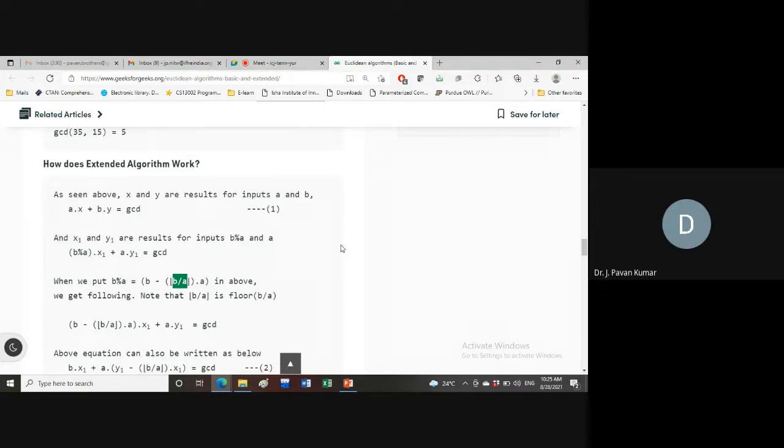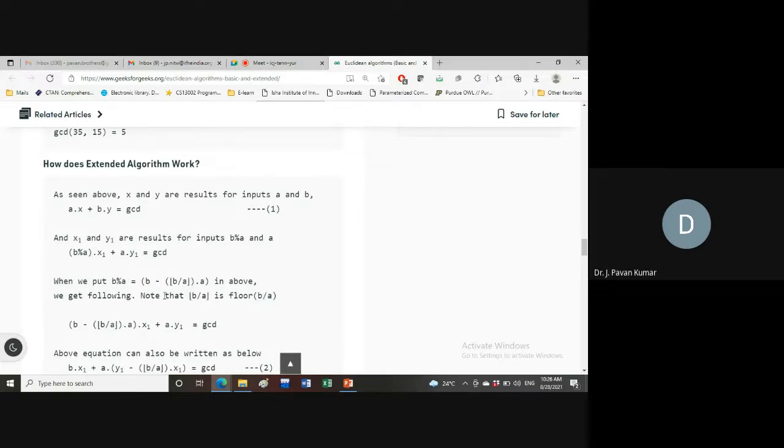Consider a scale, like a normal scale you use for measurement. Put the same scale and consider how it will be. For minus 2.7, the roof, in the sense the ceiling, will be -2, whereas the floor will be -3. Now 13 mod 5: 13 by 5, floor of 2.6, what do we get? 2. So 2 into 5, that is 10, we subtract from 13, then we obtain the remainder.